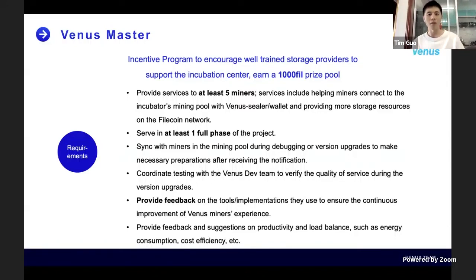We do love to have you in this program. Together we can earn about a 1,000 FIL prize pool. So if you can, we will